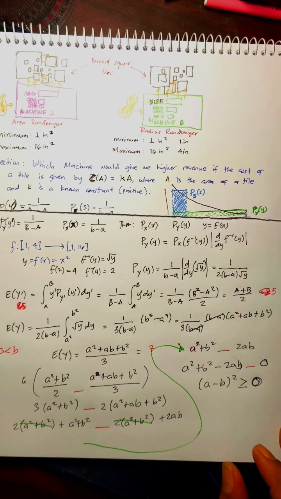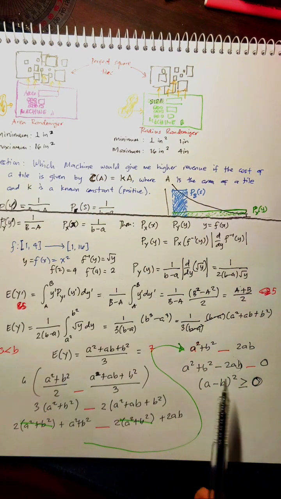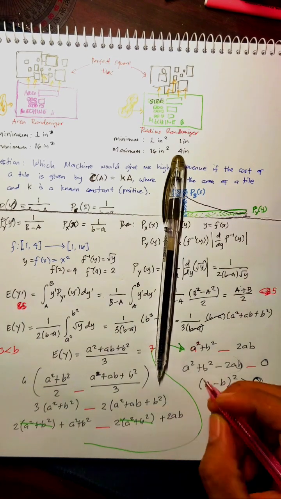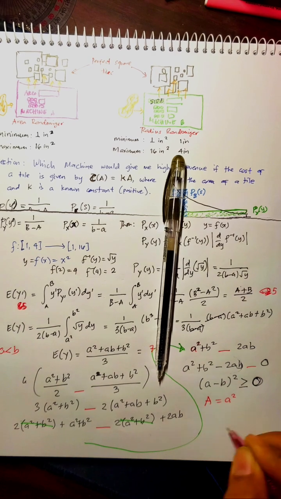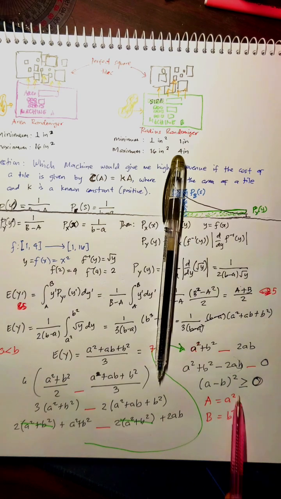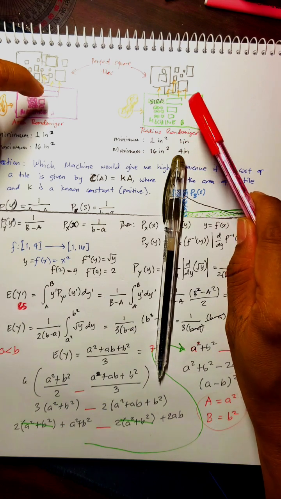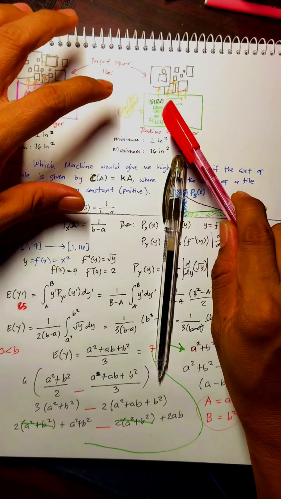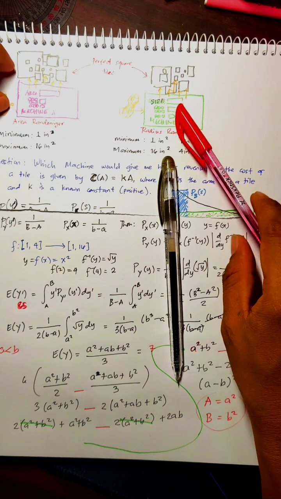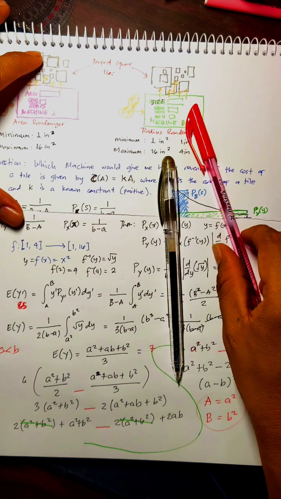So what we have actually proven is that for any combination of small a, small b, and capital A and capital B, such that, again, I'll write it here, capital A is equal to small a squared, and capital B is small b squared, for any combination such that this is followed, we are sure that machine A will produce more revenue than machine B, given that the same number of tiles are made from each machine. Okay, that's it.